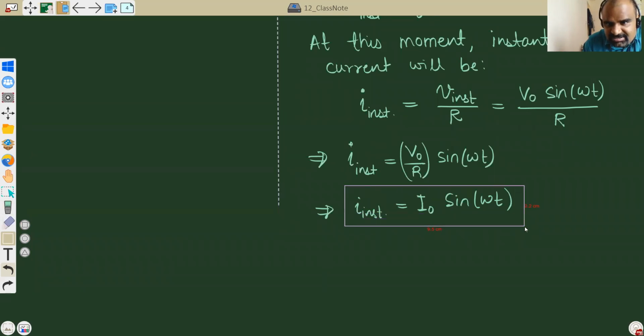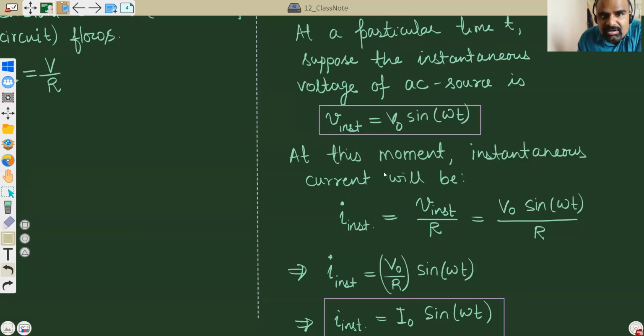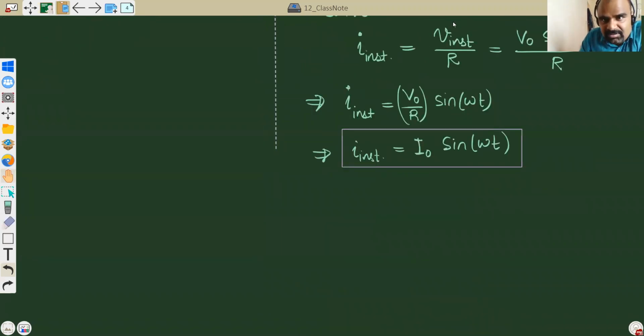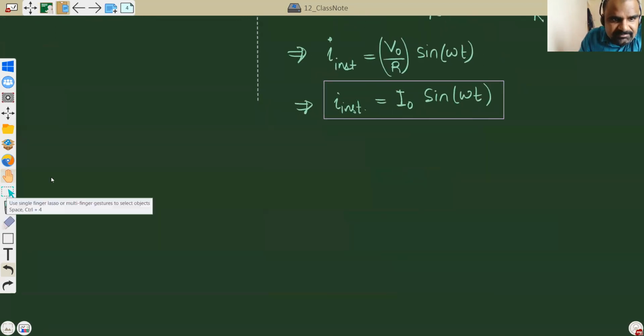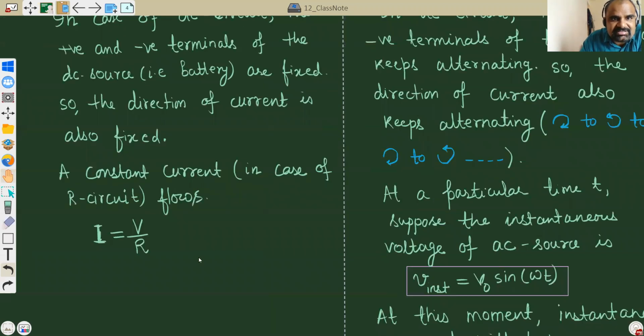This will be the instantaneous current, while this was instantaneous voltage. Here, everything is variable, and everything is variable sinusoidally. Now here, if we draw a graph, in fact, if we draw a graph here, in this case, in the DC case,